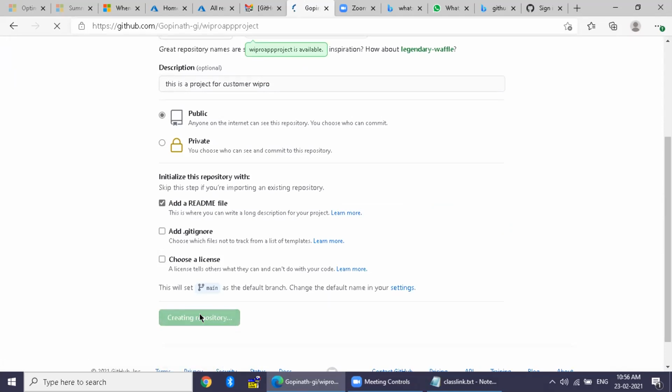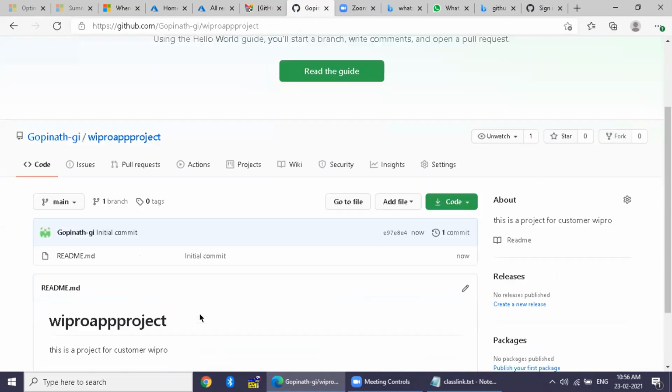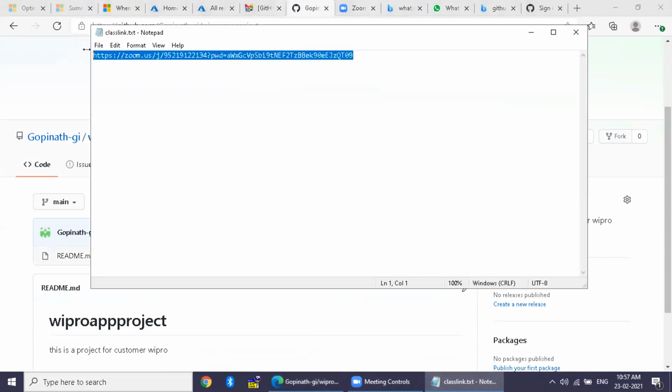Now your repository is created, and you can add a file into this repository. So let's open a notepad and create a file. Just type, this is my first code.